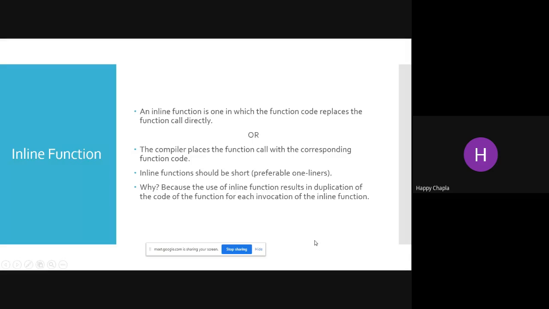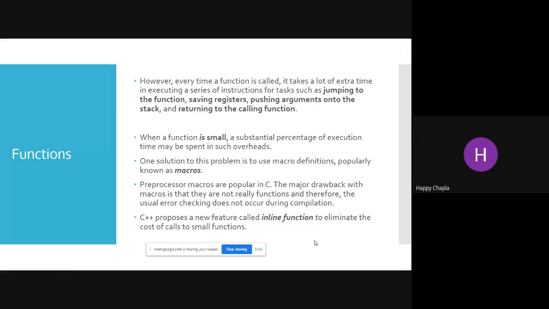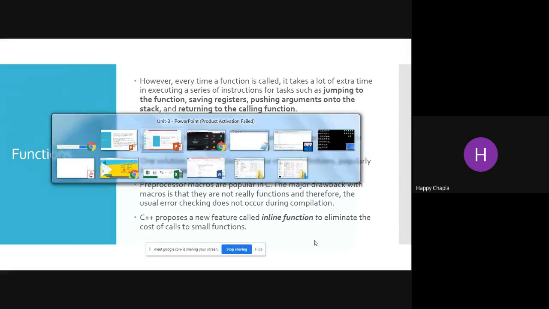Now we have one more facility, or you can say the basics of function, how your function will work, right? So behind the scenes, when you are calling one function, what is the procedure? Behind your system, we will cover this in this lecture. Now, the new facility which C++ will provide is the inline function, right? So today we'll discuss how your inline function will work, what is the basics of your inline function, and how you can implement that in your code.